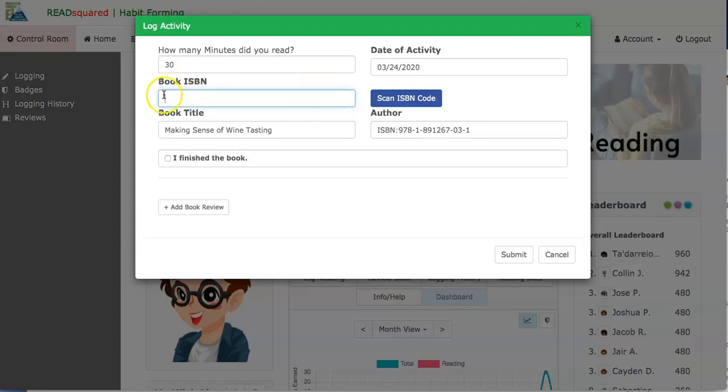Students can enter a book ISBN number here in this spot. And what will happen is when they click on that and then they click in author or book title, it will show the book title and the author for students. Students can also